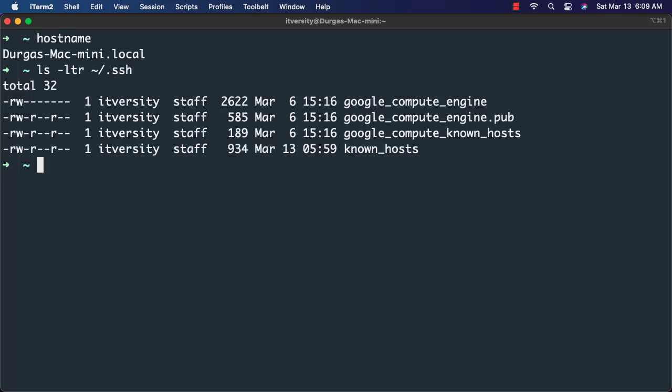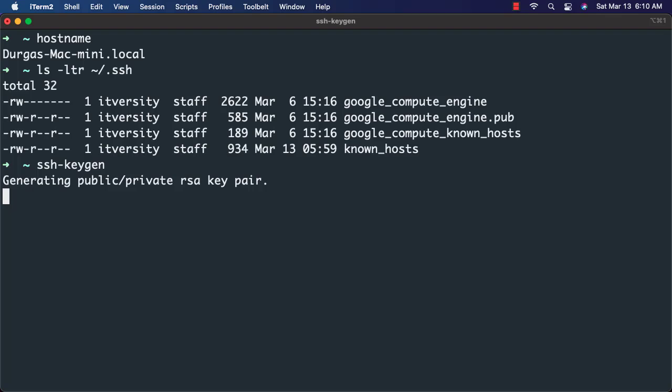If you already have files such as id_rsa and id_rsa.pub, you can skip running the ssh-keygen command and use the ssh-copy-id command, which I'm going to demonstrate in a moment. To generate the default key files, I just have to run the ssh-keygen command. It will be available as part of your Mac or Linux out of the box. You don't need to install anything for this.